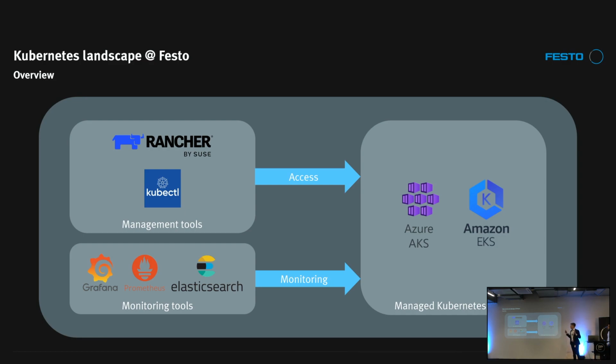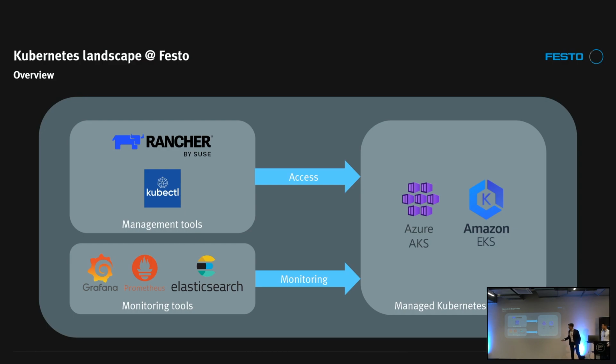So easy, we have our Rancher application in place, so that's a management interface where you can interact with the cluster. It's like a web application with a nice graphical user interface. So also an easy login to Kubernetes if you are not that familiar with it. You can specify everything in some forms there, and then Rancher will build the deployment YAML files in the background for you. But of course, if you are more sophisticated, you can also use kubectl, the command line tool for Kubernetes, and start deploying your applications with that tool.